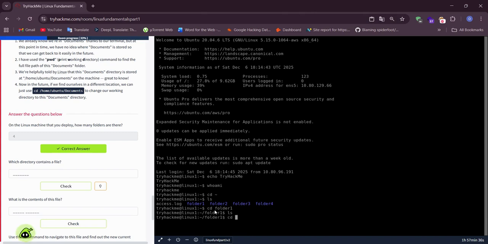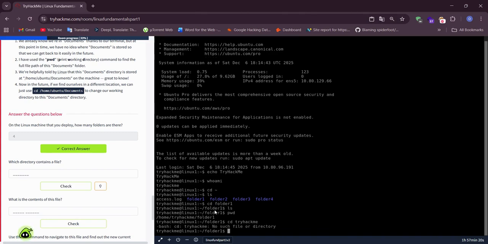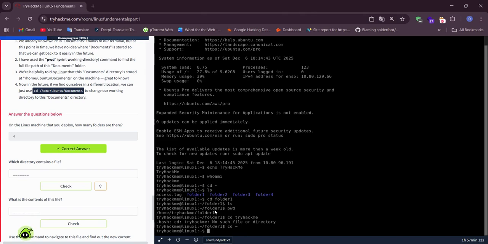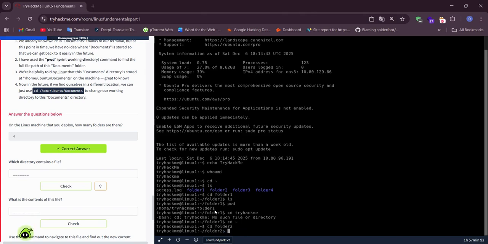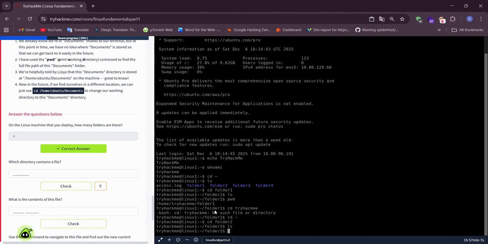Okay, firstly pwd, and we must move to root. cd root directory. cd folder2, ls.